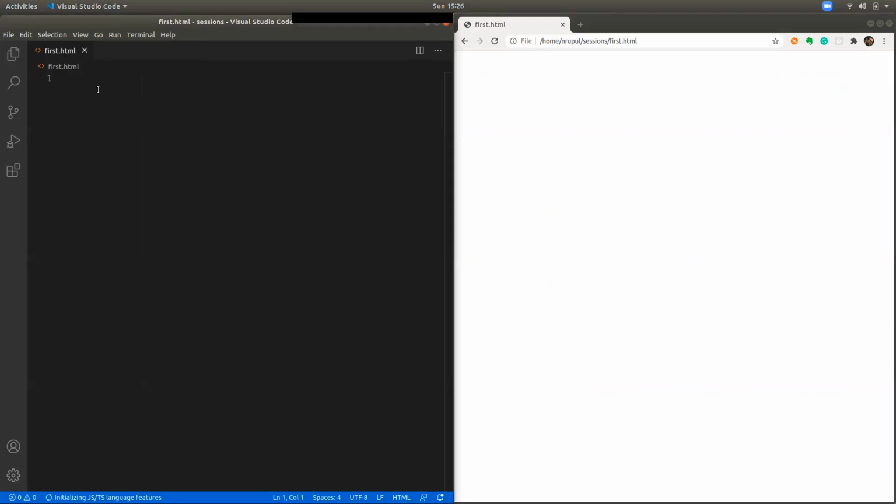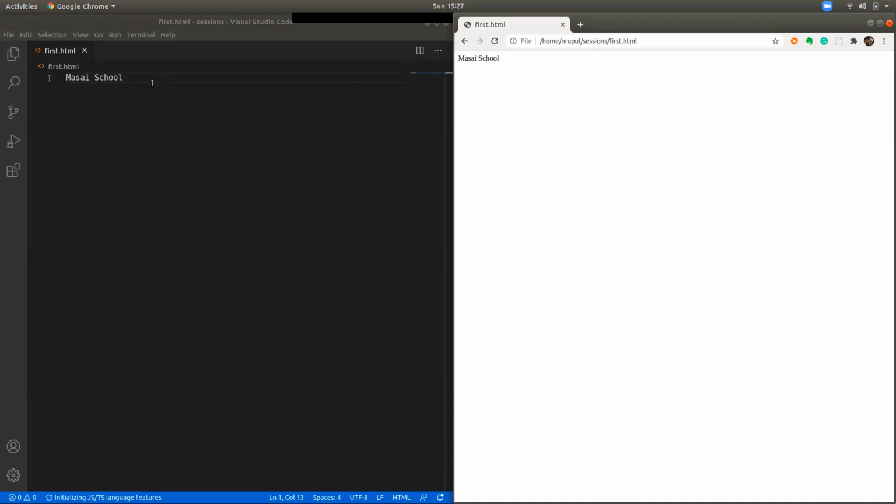Now let's say I put some content called Masai School. And I just reload this page using this reload button. Now it shows Masai School. So this is a very basic, or some content which you open in a browser and it works.